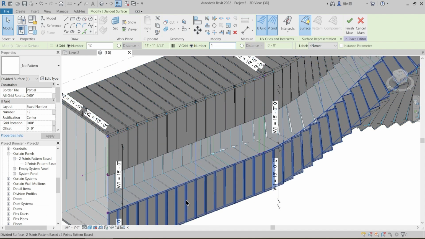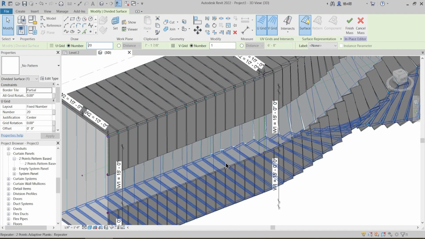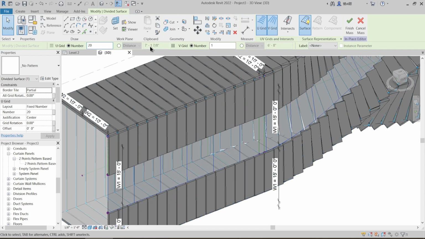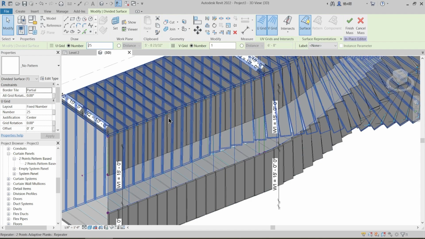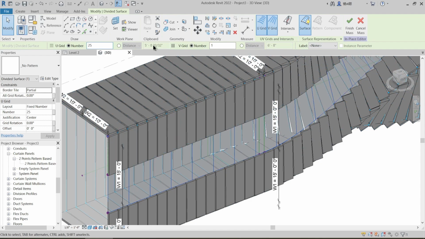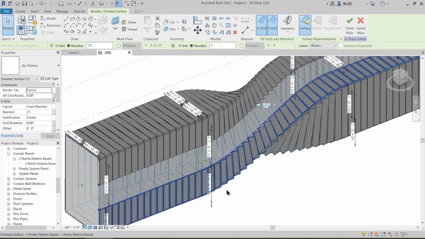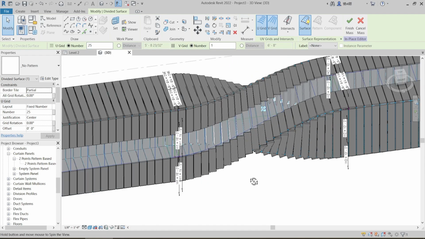Yeah, 1, and the U grid to be, say, how much? 6, sorry, 20. That will give us 7 feet. No, that is less. How can a window be 7 feet long? So 5 feet is okay. Now what we are going to do is,